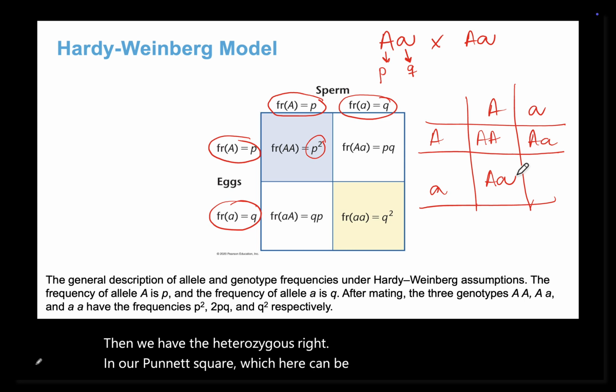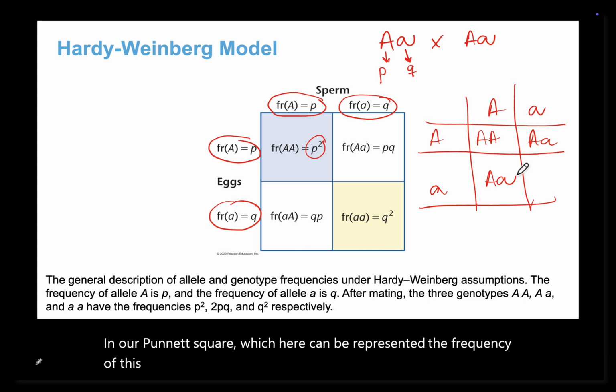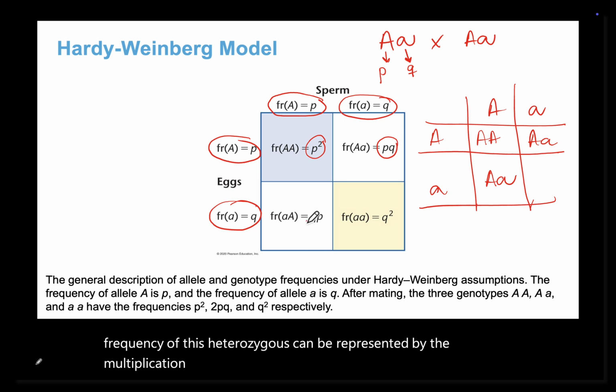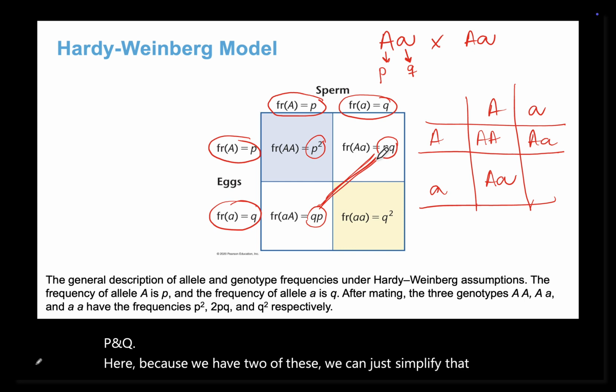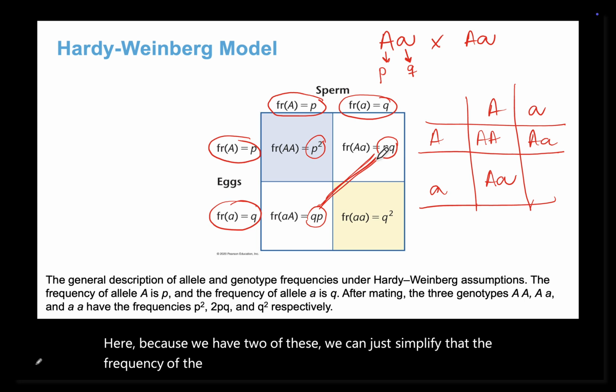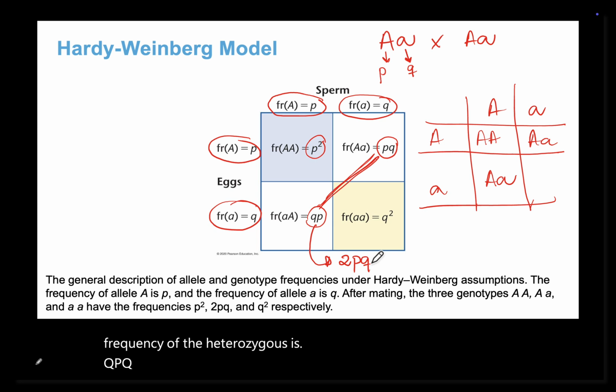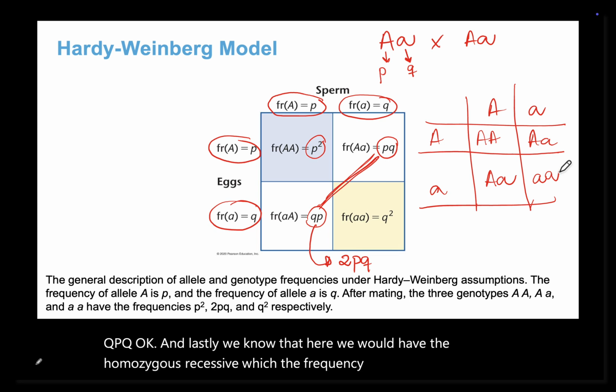The frequency of this heterozygous can be represented by the multiplication of p and q. Here, because we have two of these, we can simplify that the frequency of the heterozygous is 2pq. Okay? And lastly, we know that here we would have the homozygous recessive, which the frequency of this genotype is